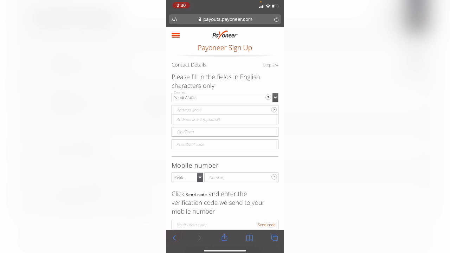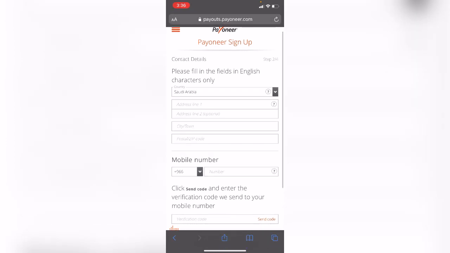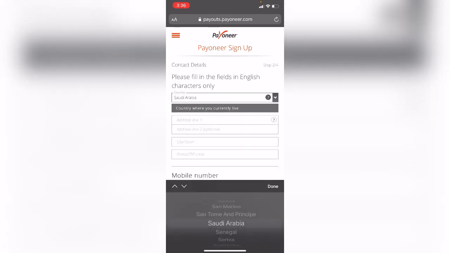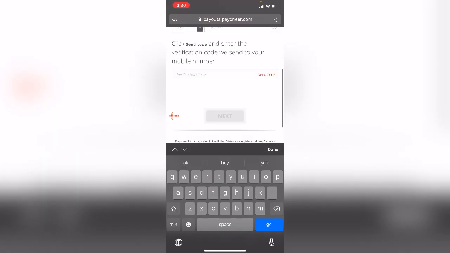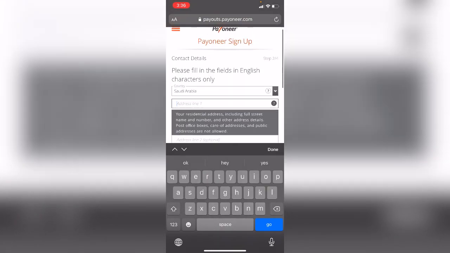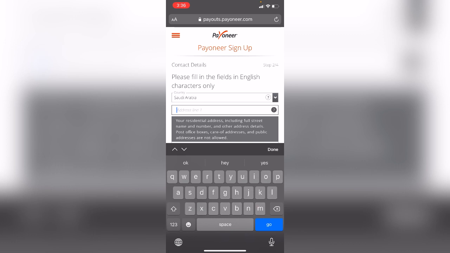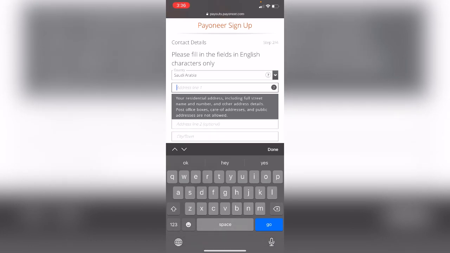Okay, so the next step, you will have to choose your country. If you are in Saudi Arabia, like I'm in Saudi Arabia, I will choose this option. Address line, your address should be a verified address, because later on for verification purposes they will ask you to verify your address. So you can also go to the National Address portal, which is the website by the government.